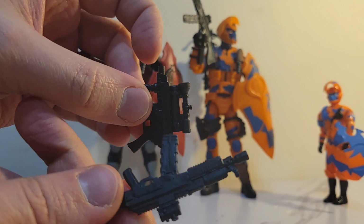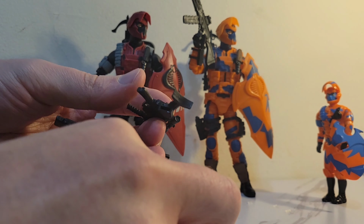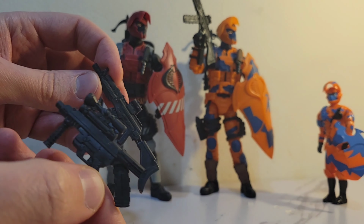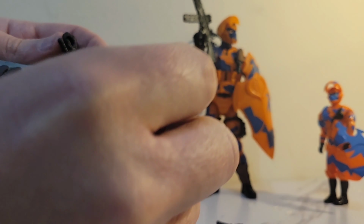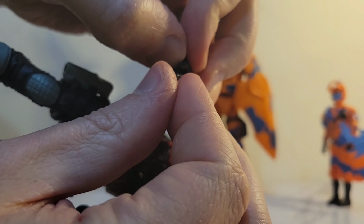now I gotta make a decision. Do I want to go with the shorter gun, or do I want to go with the pistol? And I just gotta, yeah, the short gun's pretty cool looking. Actually, I think that's the gun I usually displayed the original one with. Yeah, my original one's gun has been lost to time, but I believe it was the shorter one. I imagine it's got a similar look and feel to this. G.I. Joe Classified is usually pretty spot on with some of the weapons and replicas, but I actually really like the pistol, so I think I'm actually going to put that on him